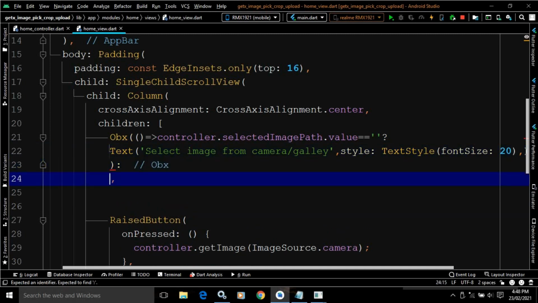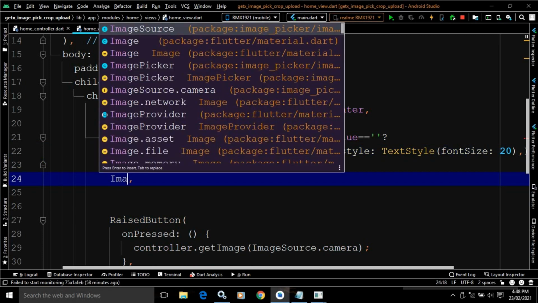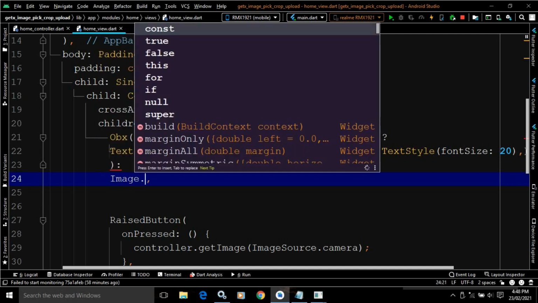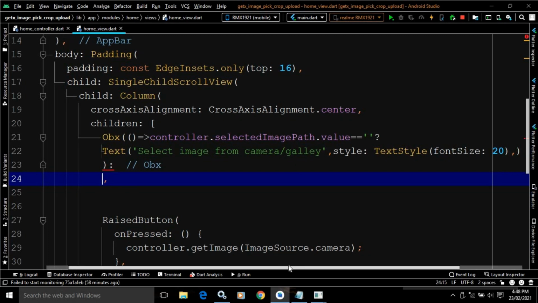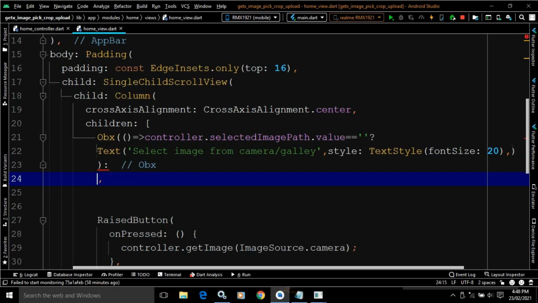And to display the image, here I will write image dot, am I making any mistake here, selected image Obx text.